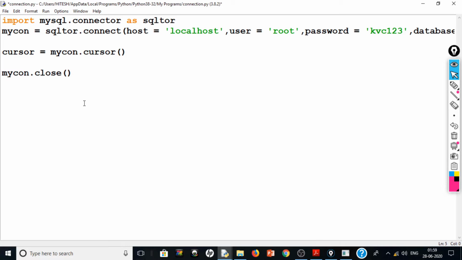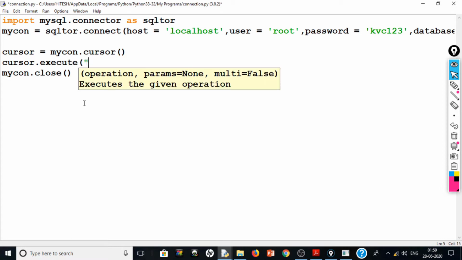So we will see cursor dot execute is the method, and we want update command. So update table name, set date of birth is equal to the date of birth we want. Let me leave it blank right now. Where roll number equal to blank, and close the double quotation mark, right?